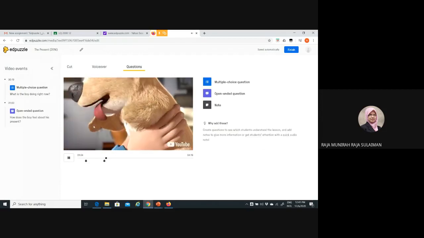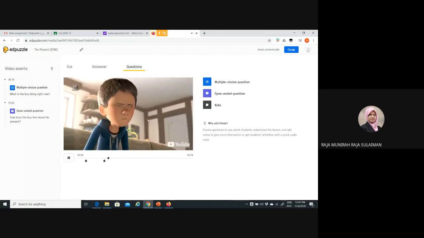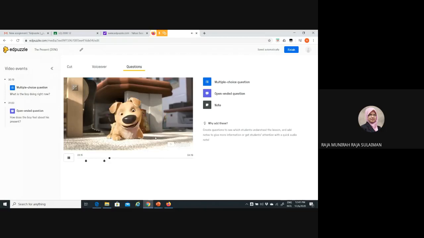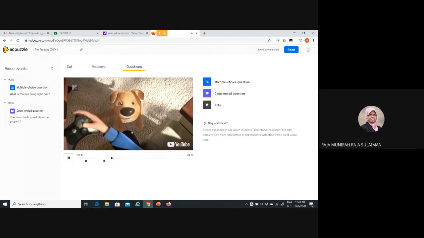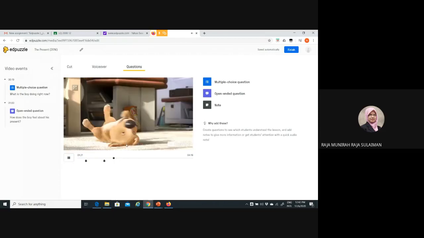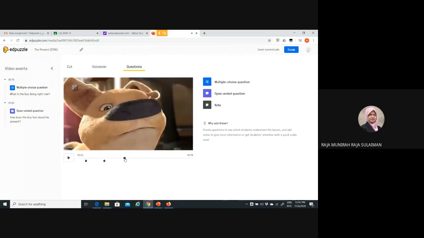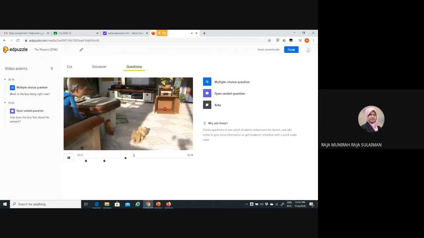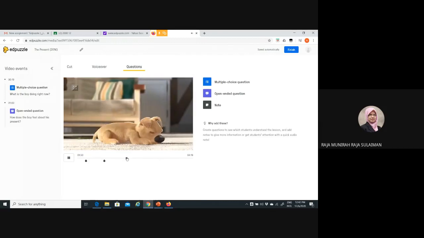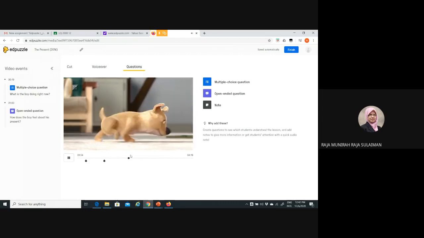Okay, so you can see here the boy is very excited at first, and then suddenly he feels mad with the dog. And you can see here that the dog is handicapped. It has no hands. So maybe that's the reason why the boy suddenly did not like the dog. So we go fast forward. Okay, we can see that the dog is very cheerful, very playful. Even though it has no hands, it is very cheerful, playful.